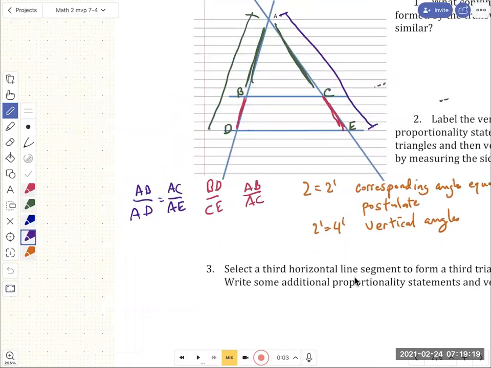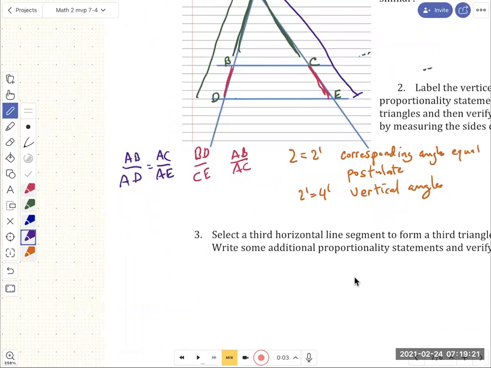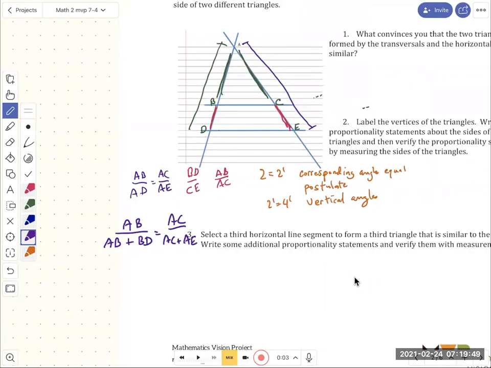And so the insight that they want you to see is that I can divide that up into AB, and then AD is actually equal to AB plus BD. And we have AC is to AE, which is actually AC plus CE. And you can divide them up that way. And so once you have that,